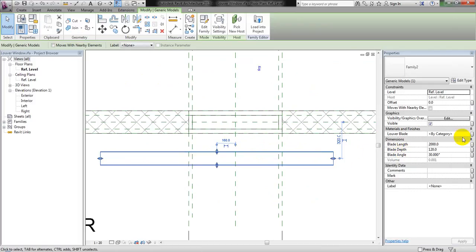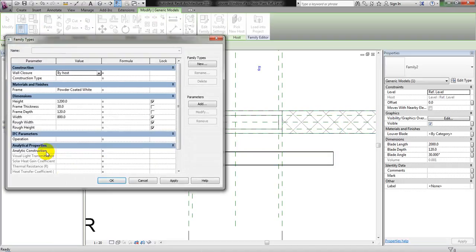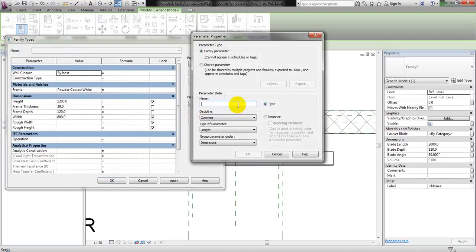So this parameter, I want this to be driven by this parameter. Okay, so what I need is angle, so I will add angle first. Angle, so I can call this now my blade opening. Make it a type parameter, click OK,